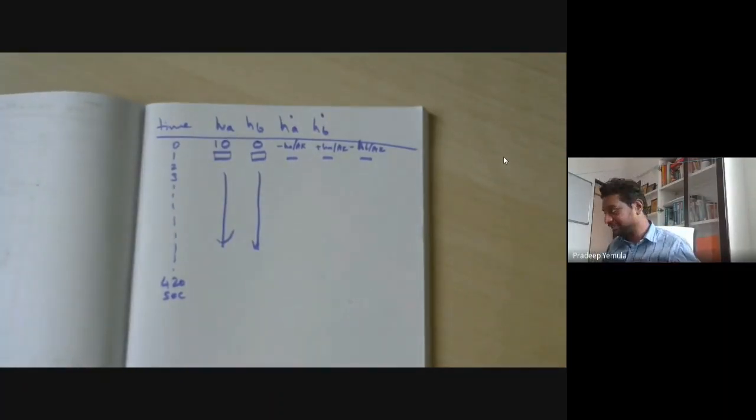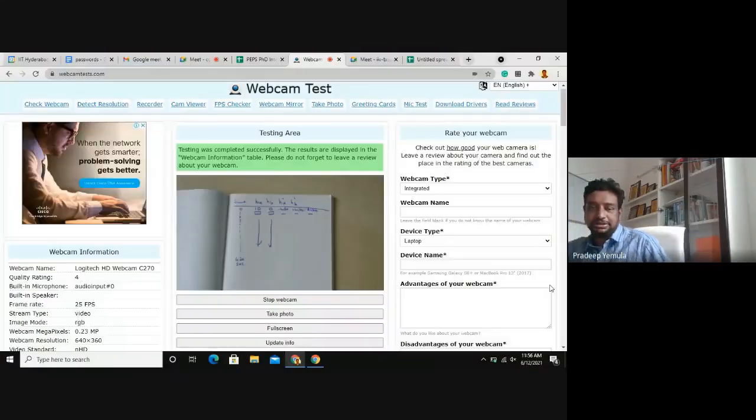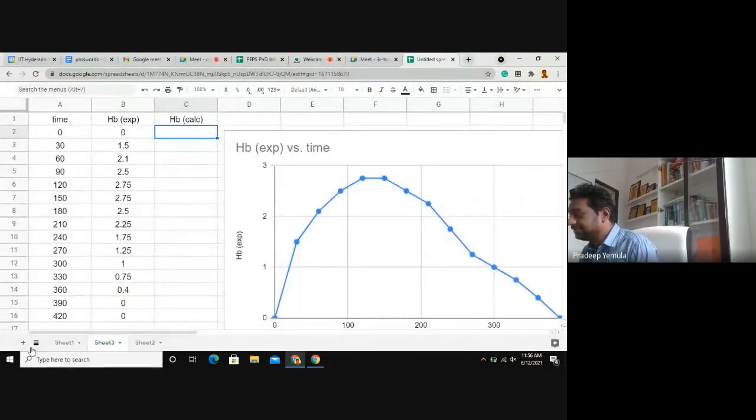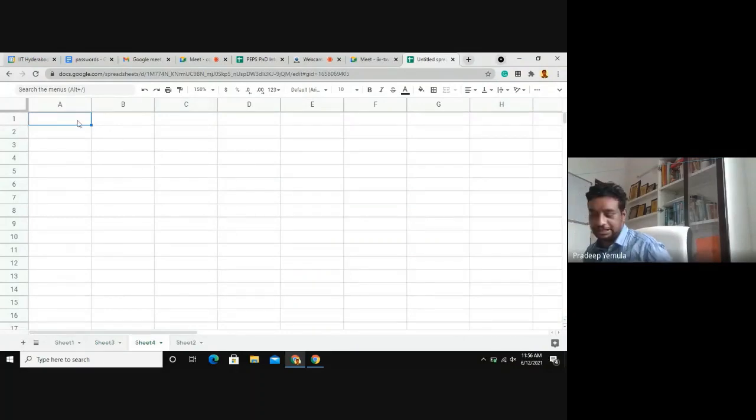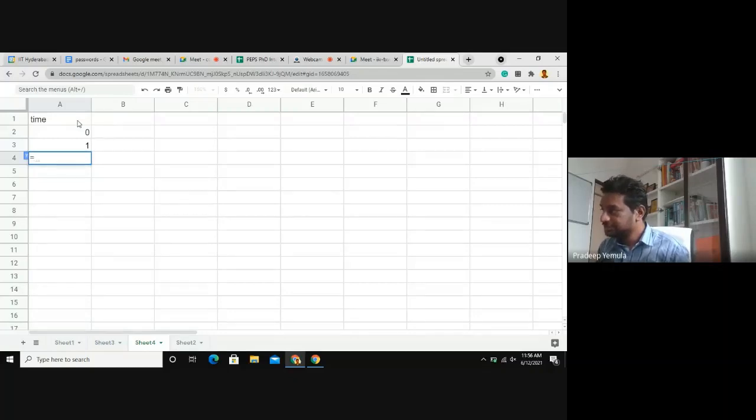Now I will show it physically how to do it using this Excel. So you can just now continue to look at the screen. So again I go to a fresh sheet. So I'll start by typing time here. So basically we are doing numerical integration here. So I have 0, 1, and then like this, I'll go all the way up to 300 seconds.